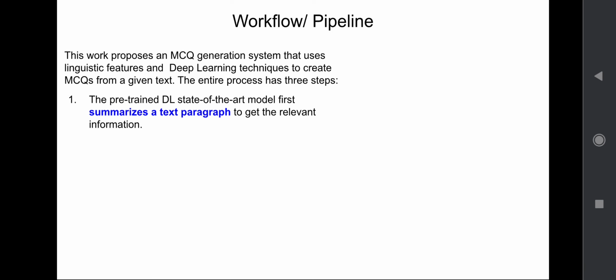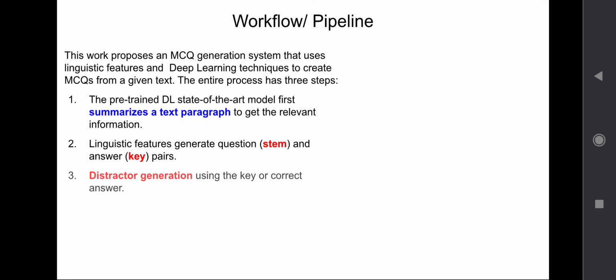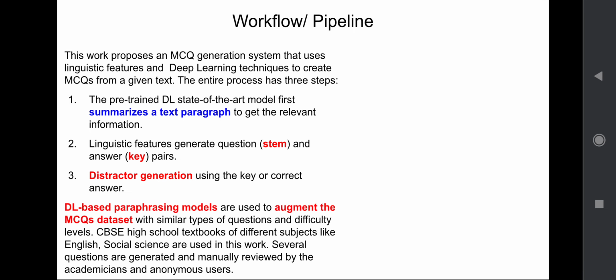The first one is that a pre-trained DL state-of-the-art model first summarizes the text paragraph to get the relevant information. Second, linguistic features are used to generate question stems and answer key pairs. Then third is the distractor generation using the key or correct answer. DL-based paraphrasing models are used to augment the MCQ dataset with similar types of questions and difficulty levels. So we have also used paraphrasing to augment our question set. So this is how the pipeline is